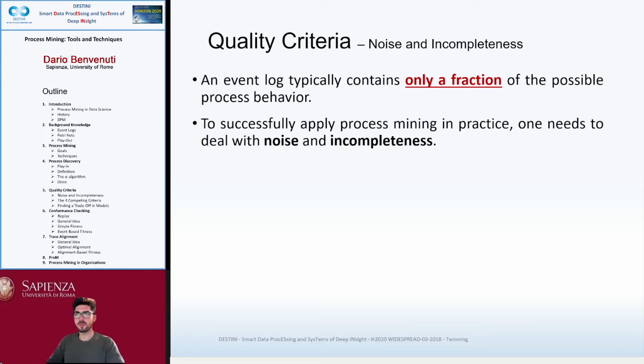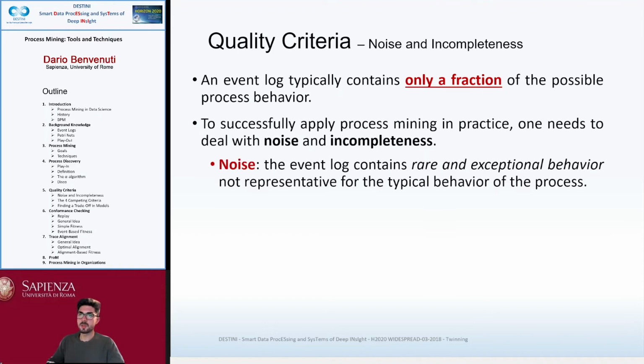And here we are back to the theory. We were talking about process discovery, and one important thing to know is that the main problems behind this technique are noise and incompleteness. Basically this means that, of course, since we are building the process model starting from the event logs, we need to consider that, generally speaking, those logs could contain only a fraction of all the possible behavior. Or at the same time, they can have more behaviors than the ones expected.